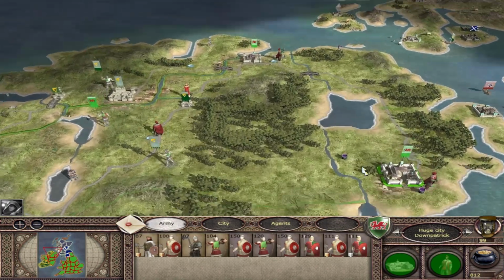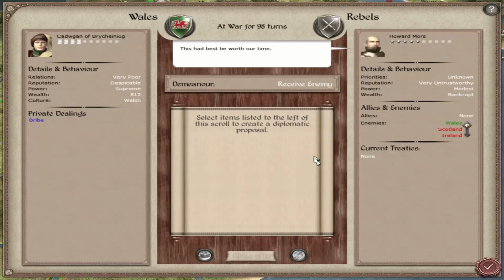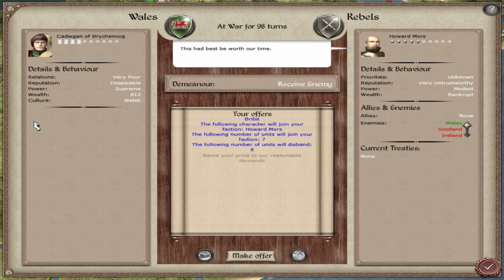Okay, things are starting to look a bit more promising at least. Let's end the turn again. Oh, we can bribe him. So we can actually have Howard Moores join the faction, but disband 8 units. But we don't know how much it's going to cost, so...